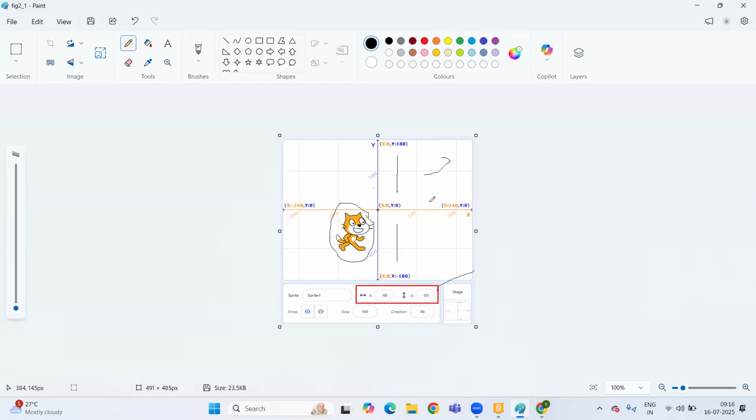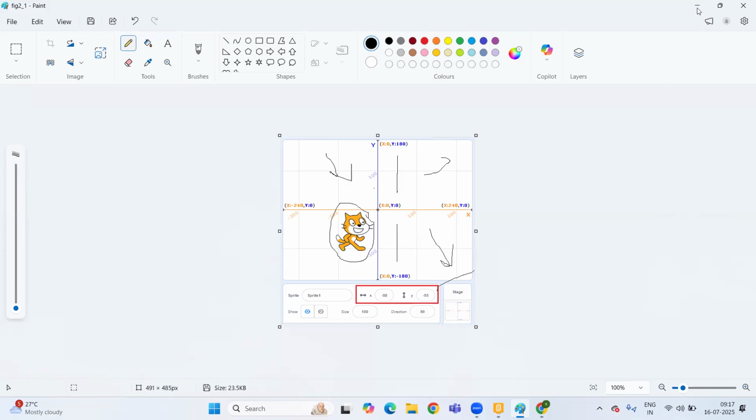Okay. And if x is negative and y is positive, then our cat sprite is here. And if x is positive and y is negative, in that case, our sprite is here. Okay, so it completely depends upon the values of the x-axis and y-axis.